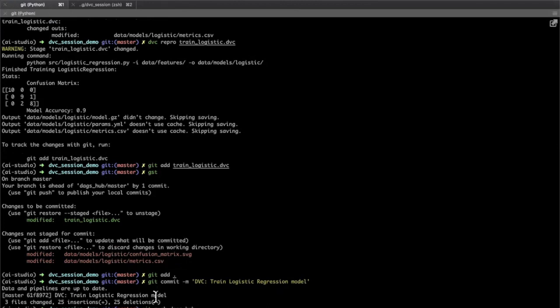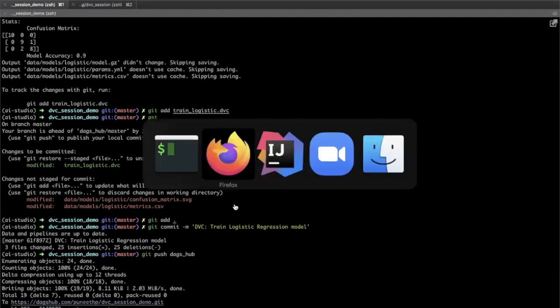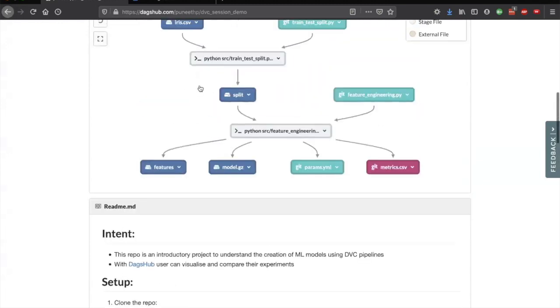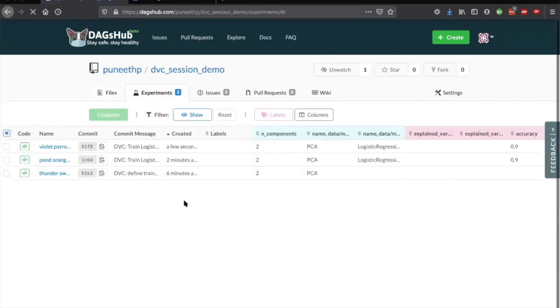So when I push to DagsHub, it's first pushing the model to Google Drive, and once model is pushed, now it's pushing to GitHub. So if you open DagsHub, you can see the experiments are coming up.